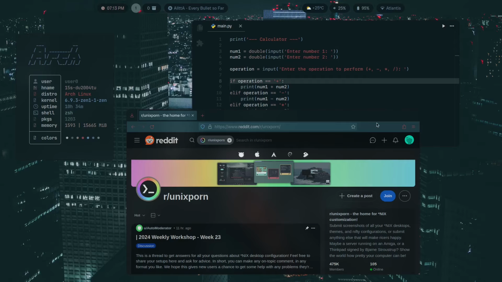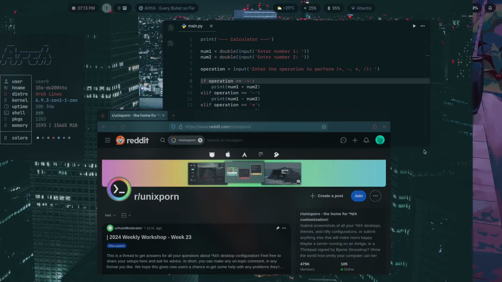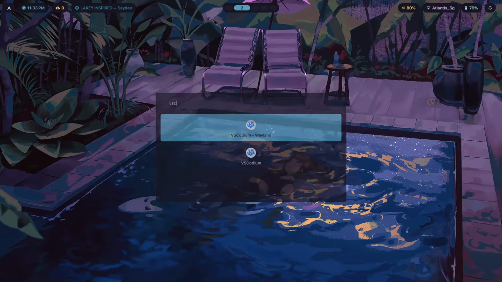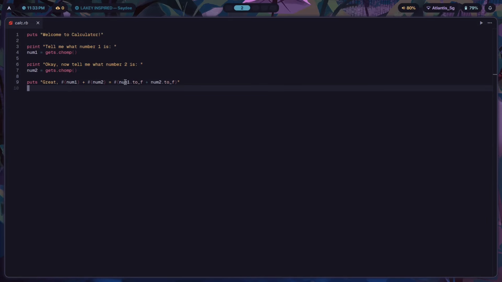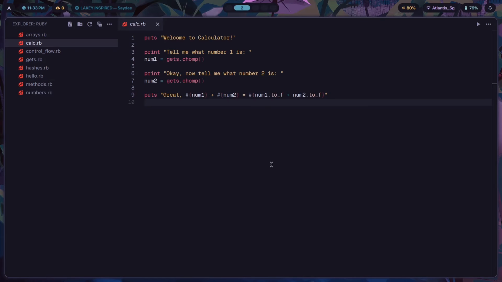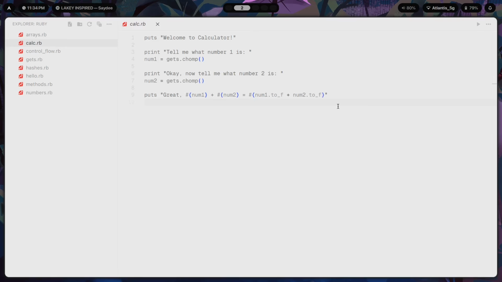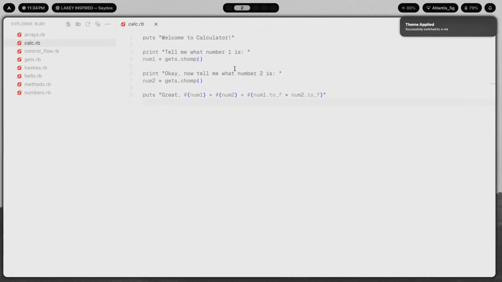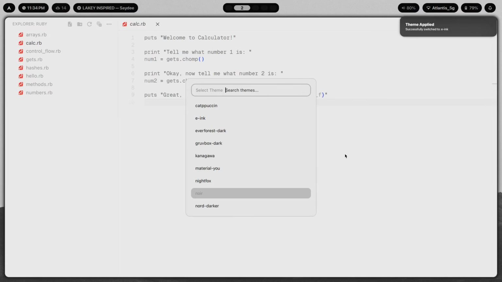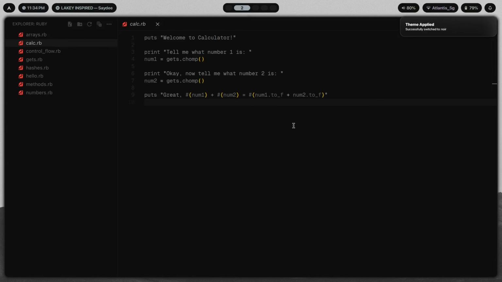Here we have our Unix point, and then we also have the code editor that I use here, which, by the way, if you take a look here, this is what the code editor looks like right now. So right now I have a Ruby program opened. This is what it looks like. And by the way, if I change the theme to whatever different theme that I want, there you go. This is what you see. Now I can also switch the theme to something like noir, which means that you get this beautiful black slick